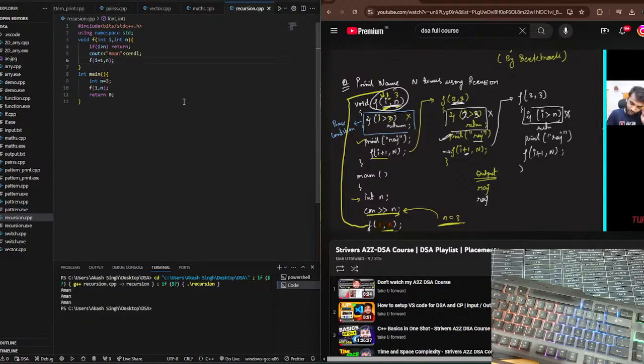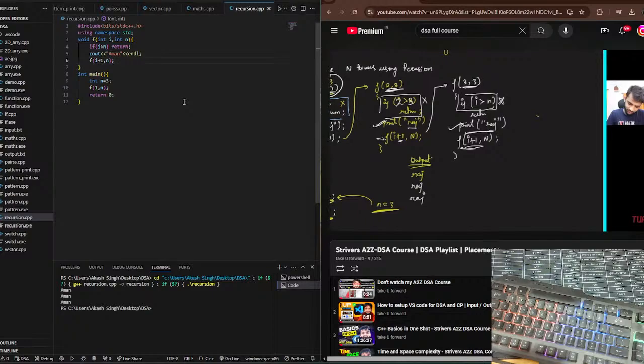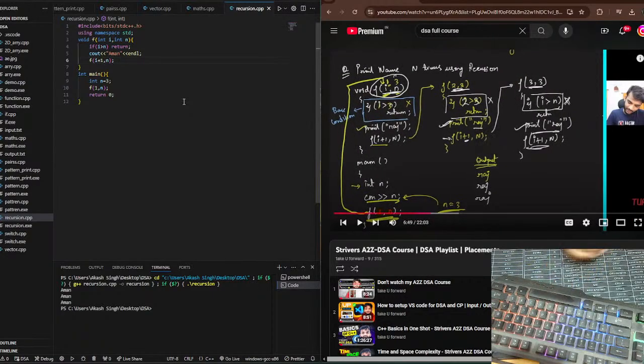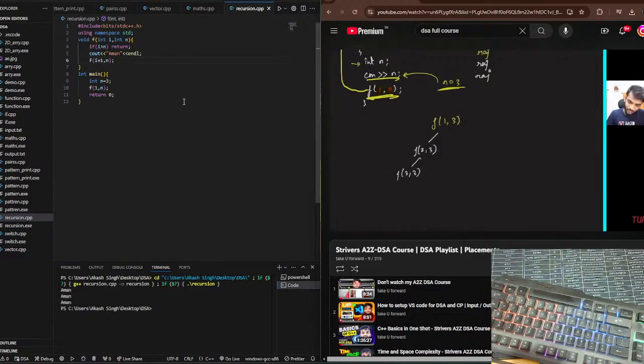So this is false, so this gets executed, so Raj is again printed. F of I plus 1, so this time f of 2 3 called f of 3 3. I can just draw that f of 2 3 called f of 3 3. Now f of 3